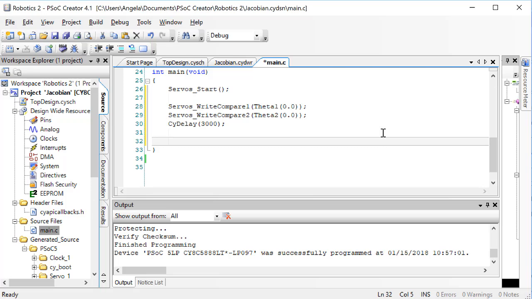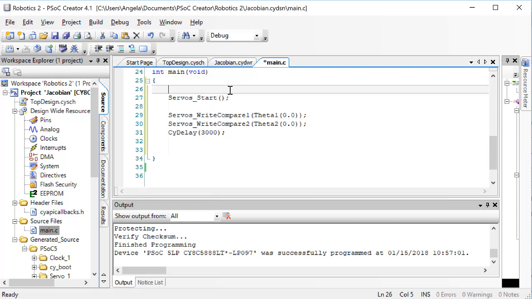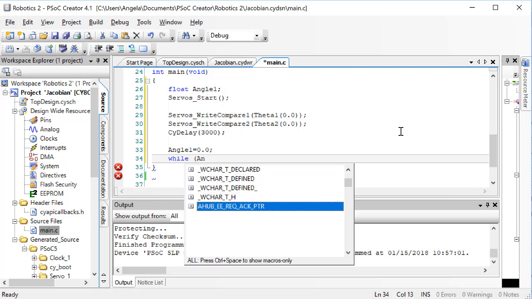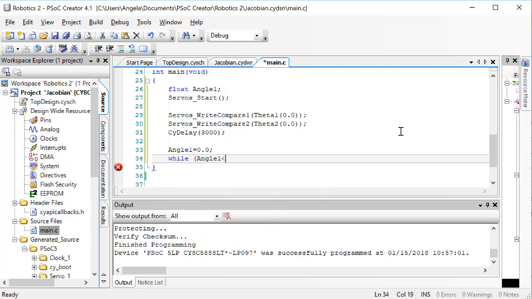Now I want servo 1 to move through its whole range from 0 to 180 degrees at a constant velocity. So I'm going to go up and create a variable, a floating point variable, so that it has a decimal, and I'm going to just call this angle 1. I'll start out with angle 1 being equal to 0. Then I'll say while angle 1 is less than 180,